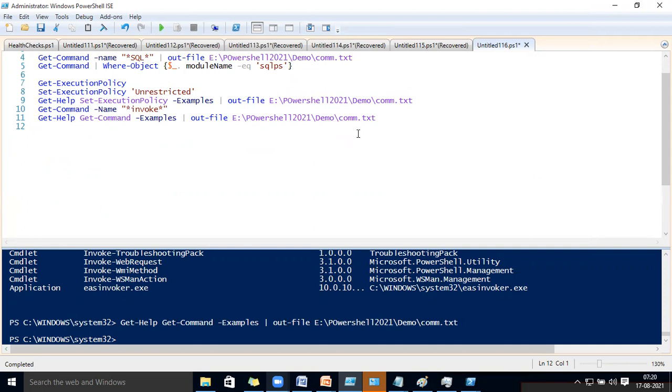Okay, so if you want to see the get command, get services, now I am going to deal with something. Get services, we want to see our SQL Server information. So how can we see that? Get hyphen services, and how will we write? You give the pipe symbol, right? Where hyphen object, you can press tab.